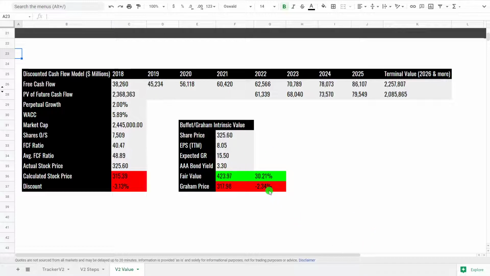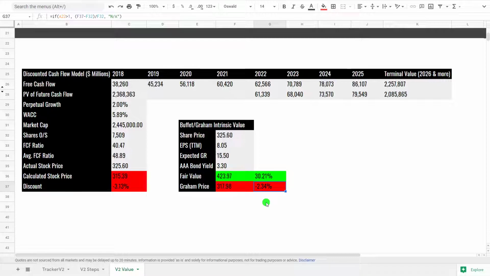So the Graham price basically says it's a buy if it dropped down a little bit, and obviously Microsoft has had a pretty good day, pretty good couple of days post earnings, because it's gone up quite a bit. So this was just taken 2 days ago, then this Graham price would have been a definite buy, but it's just slightly above that stock price, as you can see, minus 2%.